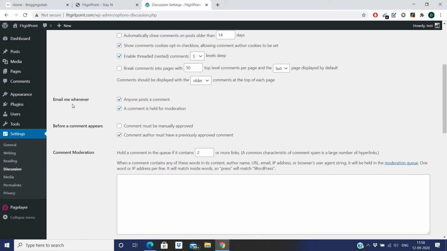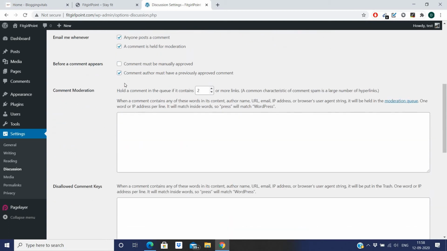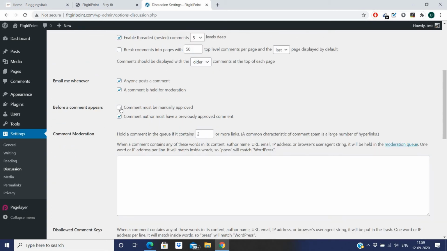And then head to email me whenever, and keep these options selected: anyone posts a comment, a comment is held for moderation. Then before a comment appears, there are options like comment must be manually approved. So if you want to approve every comment, you can enable this option. I am enabling this option. And then this option, comment author must have a previously approved comment. Well, you don't need to enable this option, you can disable it.